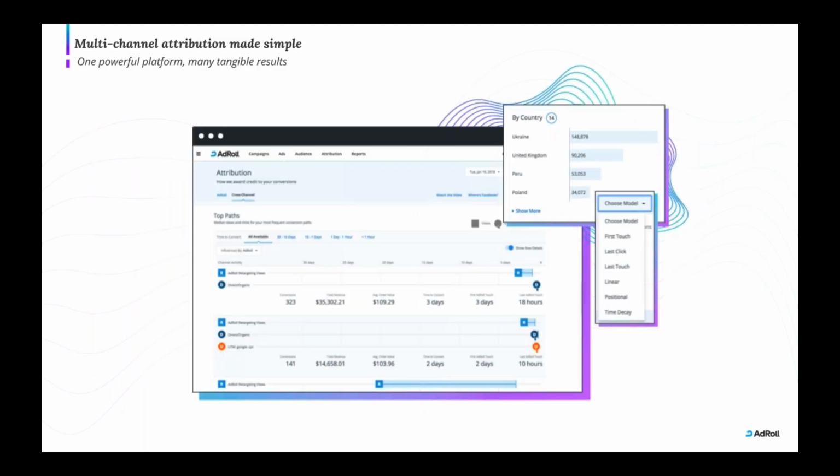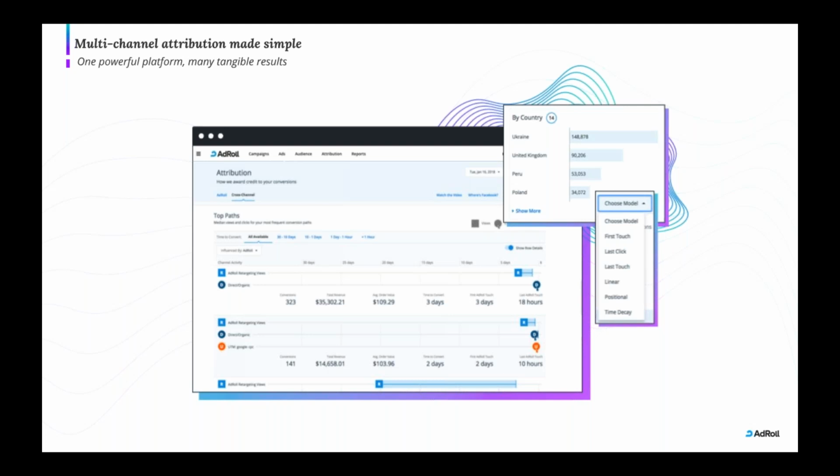Again, one easy way to do this is just to do it all within a platform like AdRoll. A lot of people will use Google Analytics, which is definitely very powerful as well. But you'll want to essentially have a platform where you can go down, look at the different models you want for attribution, whether it's first touch, last click, last touch,